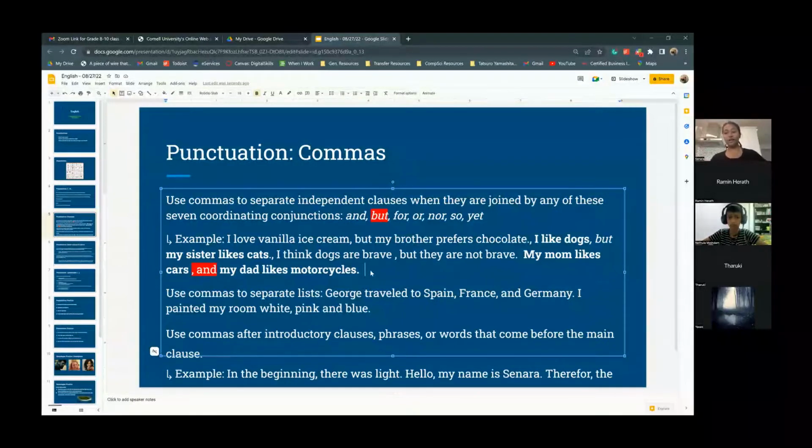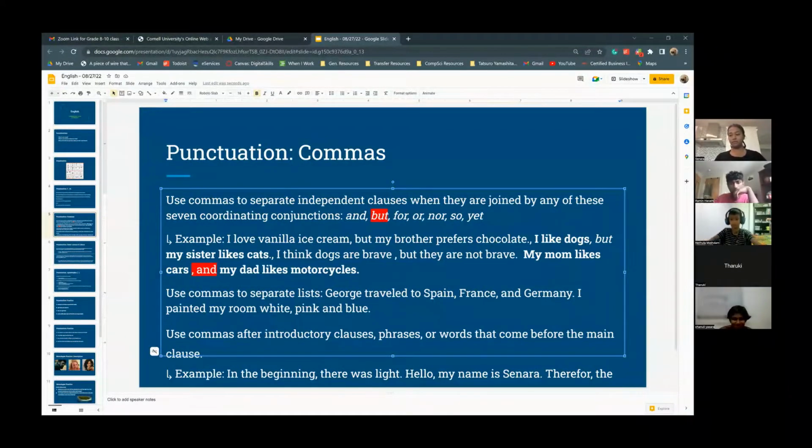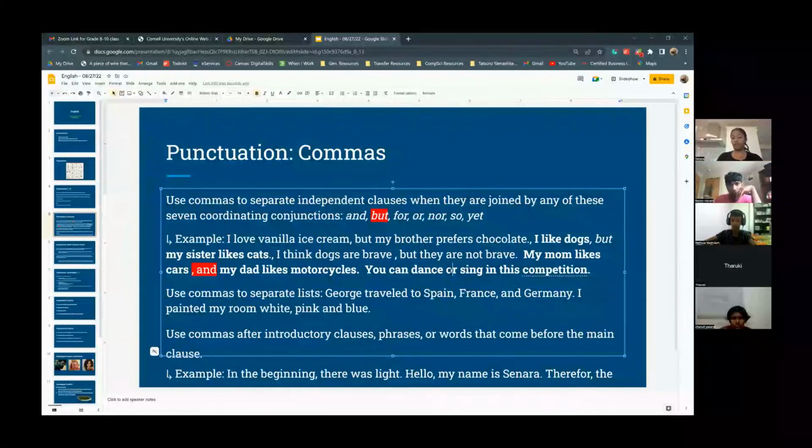Okay, let's try Channelie, would you like to give it a shot? You can dance or sing in this competition. Okay, let's work with this sentence. So I like to use the conjunction "or," but remember we need to combine it with the comma. So "you can dance" can be its own sentence, and then we can do comma, "or,"